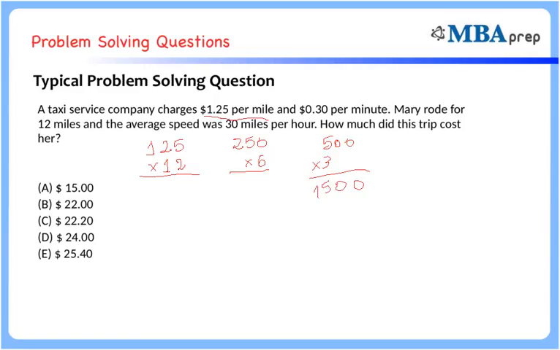And then I also have a limitation by the time, because we have also a fee per minute. So 30 cents per minute. But I have 12 miles, 30 miles per hour. So this fraction of hour, I could simplify and so on, but it's better to multiply by 2 because when I read this, 24 minutes, 24 out of 60 minutes, 24 minutes. Then 24 minutes times 3. Just do that,